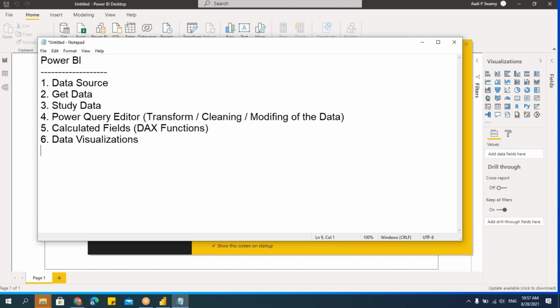We should know which column to drag and in which field to drop, so that I get the right results. That's all. If you understand this, visualization is completely easy.